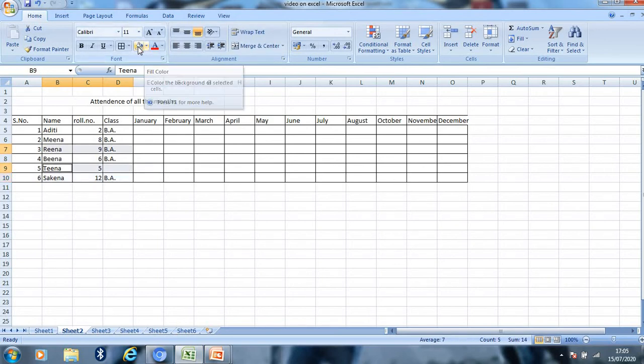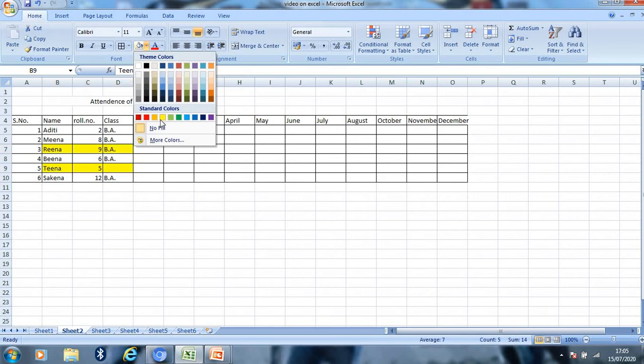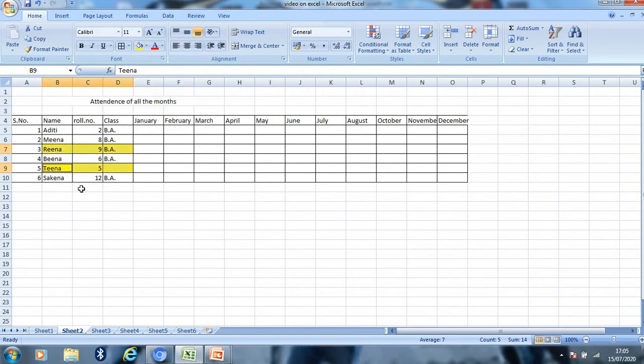Then I click on the fill color button and then fill the colors in it, so the cells get highlighted. So this is how we can highlight the cells.